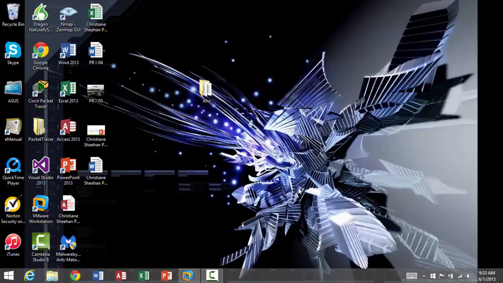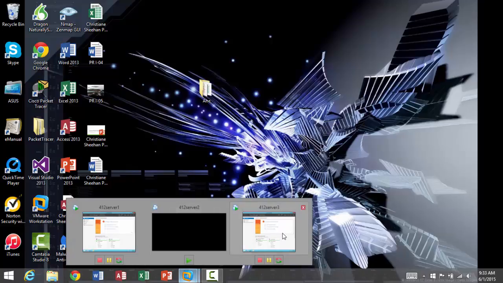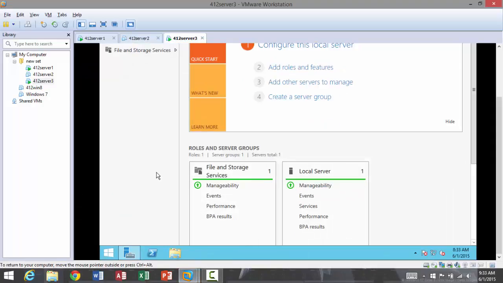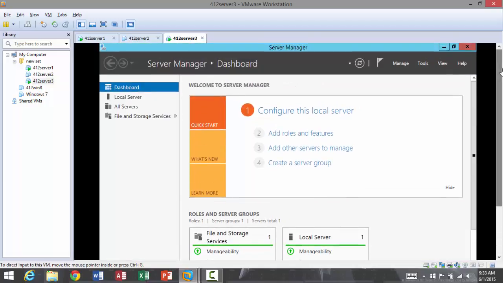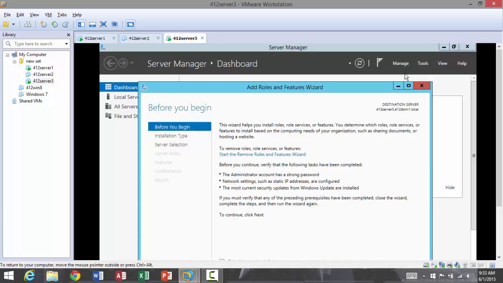Okay, we're going to work on activity 10-4, installing the AD RMS role. And we are already logged on to server 3 here. So the first step is to go up to the top here in Server Manager and click Manage, Add Roles and Features,